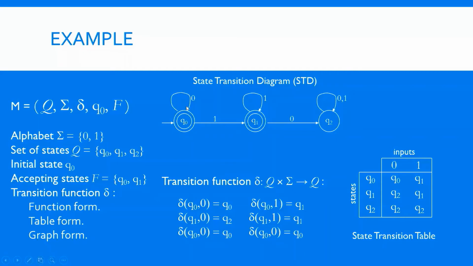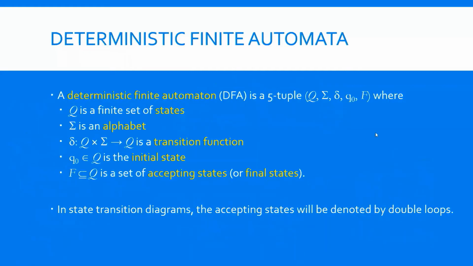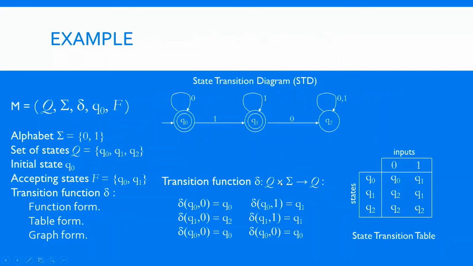0, 0 is also a string. Every symbol is also a string of length 1. So 0 is accepted, 1 is also accepted. Then length 2, length 3, length 4. All of you are telling different examples. If you collect your answers, 0, 0, 1, 0 and so on, in set form, that is the language accepted by this machine. Are you getting the meaning of the language of a machine?